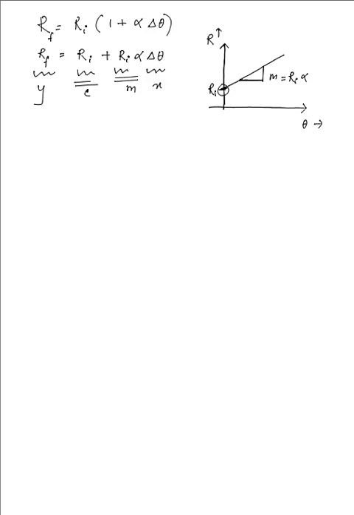Okay, now we move over to the cell, the case of a cell, or the arrangement of cells which are collectively known as a battery. So you have a cell, and the cell has what we call an EMF. Now, a cell is usually made up of positive and negative electrodes,